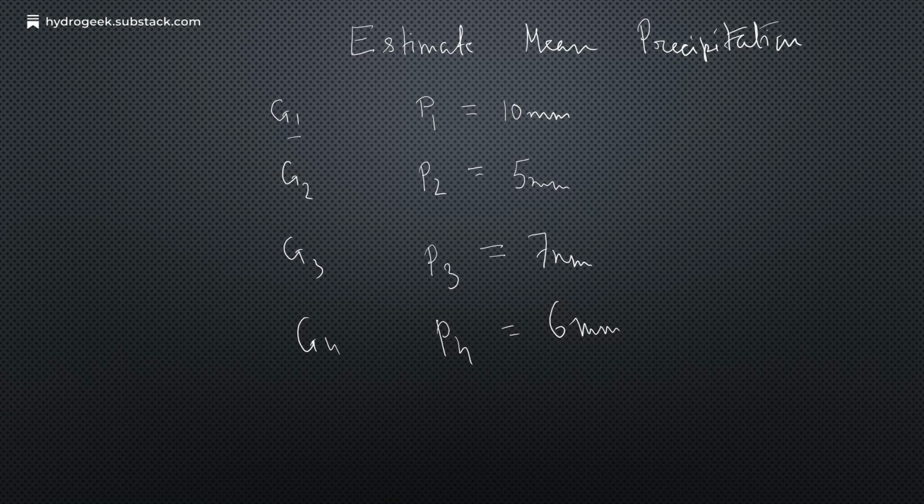So if you want to find out the mean precipitation of that same day with the help of the Thiessen Polygon method, then what we have to do is, suppose the location of gauge stations is like this: